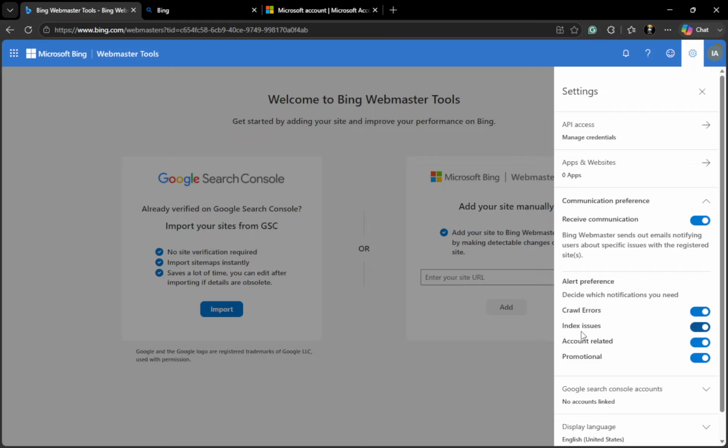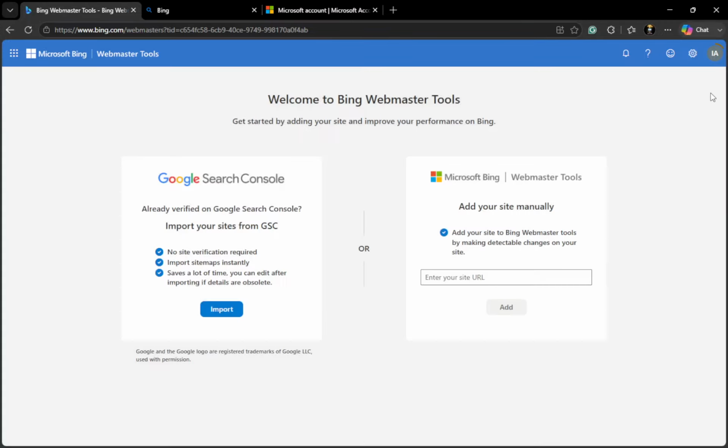At this point, it's a good idea to review your selections. Make sure that the alerts you have chosen align with your goals for monitoring your website. This ensures you stay informed without being distracted by unnecessary updates. If you ever need to change your preferences, remember that you can return to these settings at any time. Keeping your alert system updated is key to effective website management.